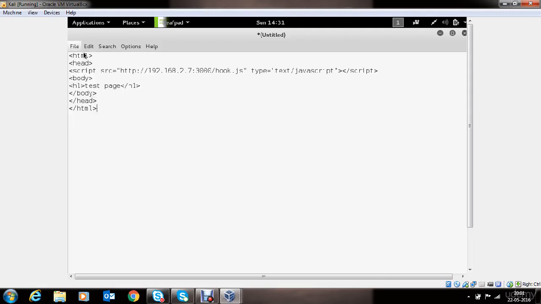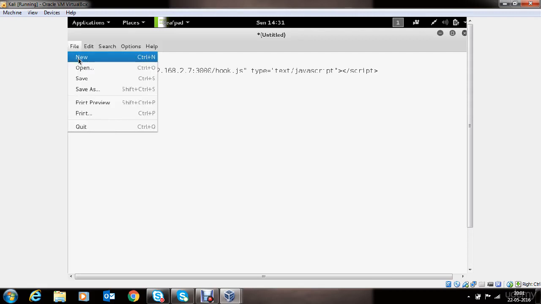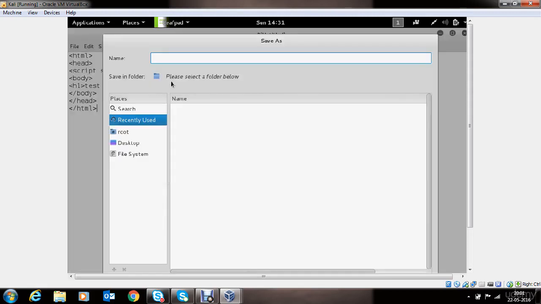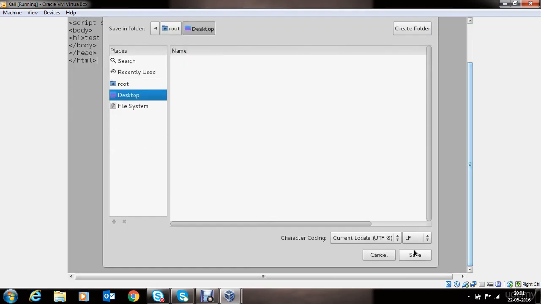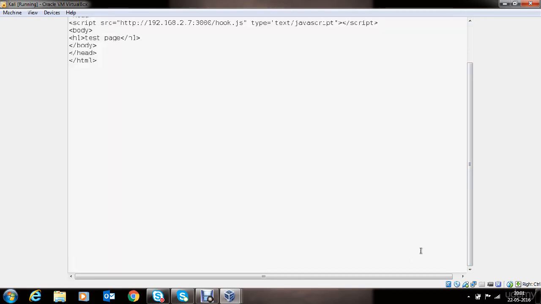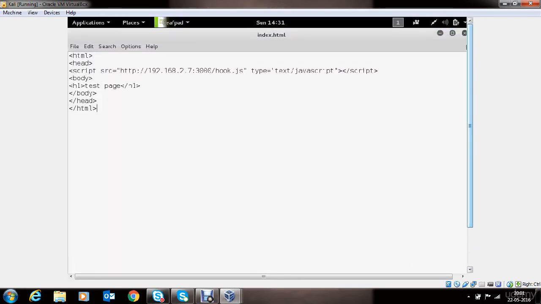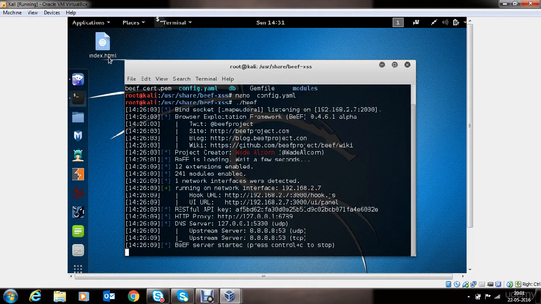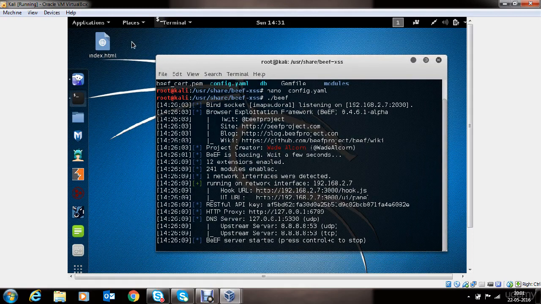Now let's save this index.html file on the desktop. There we have the index.html file. Now one way to trick the victim into opening this HTML file is that you send this file directly to the victim and ask them to open this page somehow,